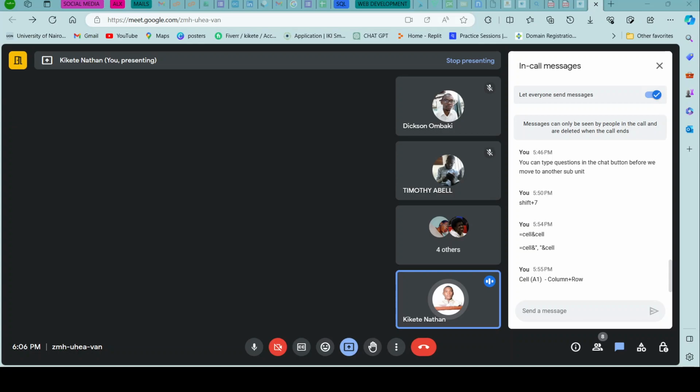Now again here the amount, and apple is 50 bob. Now let's insert an if statement here. We are saying if this cell has the apple,